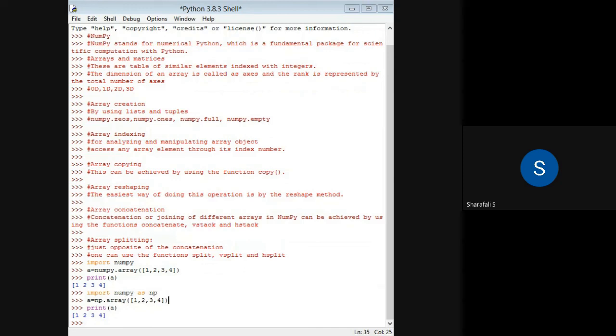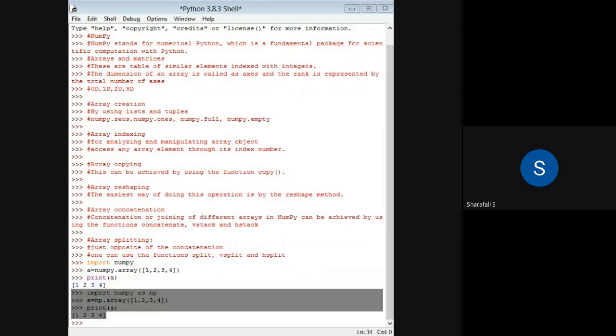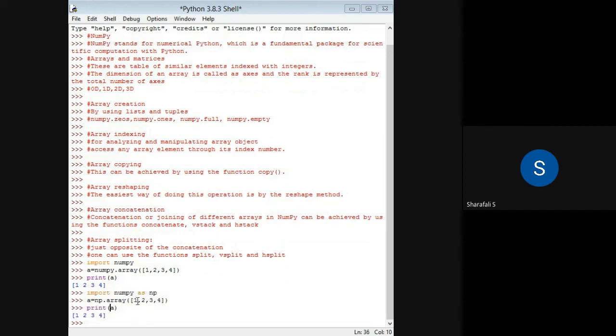And what is this zero dimensional array? What is meant by a zero dimensional array? That we will discuss now. Whatever we have discussed here is a one dimensional array, and you can directly see that from this particular example. You can see that this array has a particular axis, just like an x-axis if you consider this direction as the x-axis. So this is representing an axis.